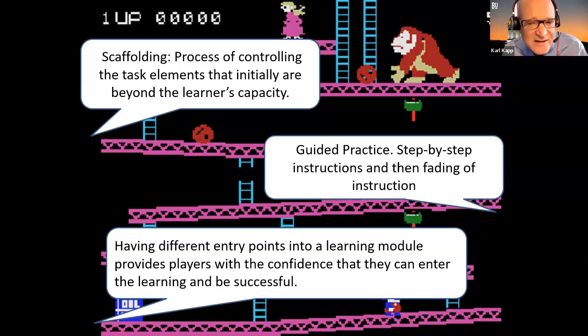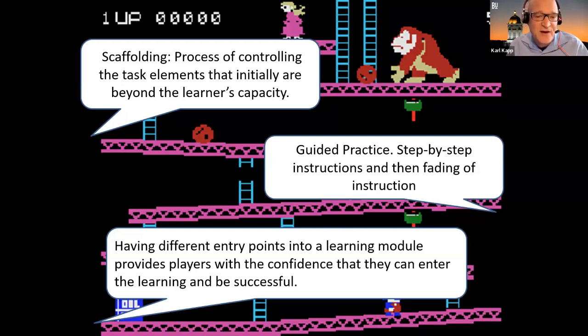We can do that with guided practice, which is step-by-step instructions, and then taking away the knowledge. So that's kind of a step called fading, right? I'm going to help you, I'm going to help you, I'm going to help you, and then I'm going to step back. I'm going to let you do that. I do that in one of my classes called Managing E-Learning Projects. I coach through several iterations, several drafts of the document, but then in the final version, I kind of step back and say, now you need to write that final version, right? And that's a scaffolding type technique.